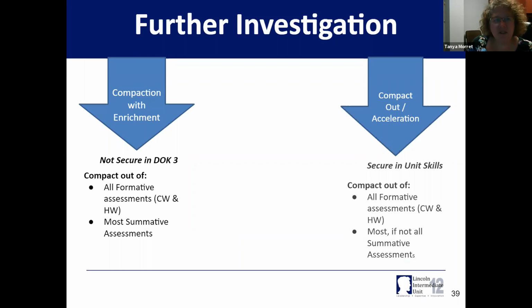Students over here on this side, we have students who might be really high in this unit and not the next. And so really they just need some change in instruction for this unit. They might compact out of some of the formative assessments, some of the classwork, some of the homework, maybe even some of the summative assessments, and take it right to, I'm going to work on an enrichment level